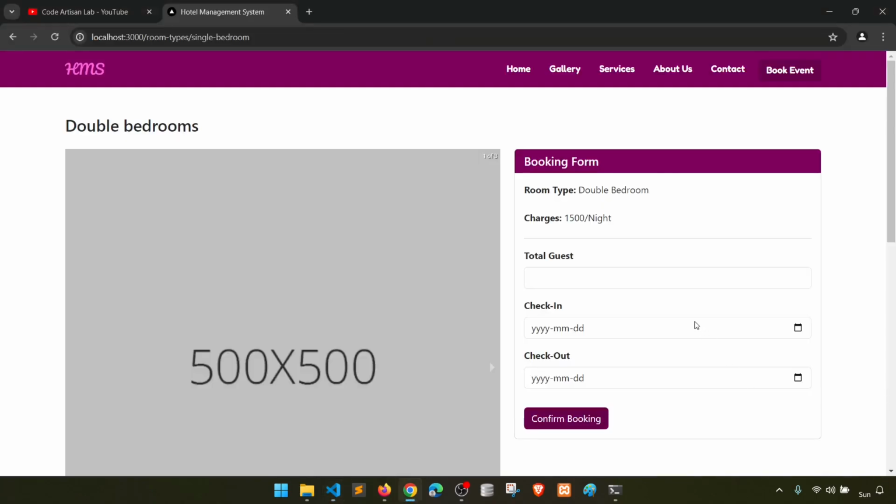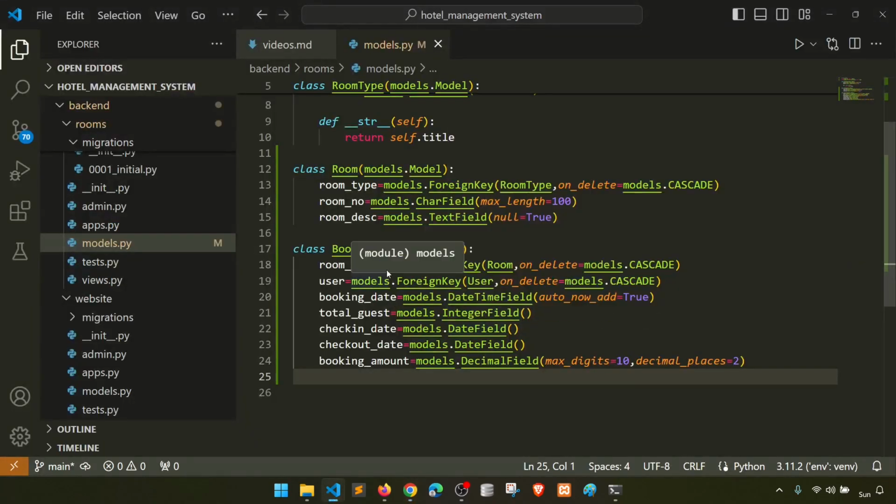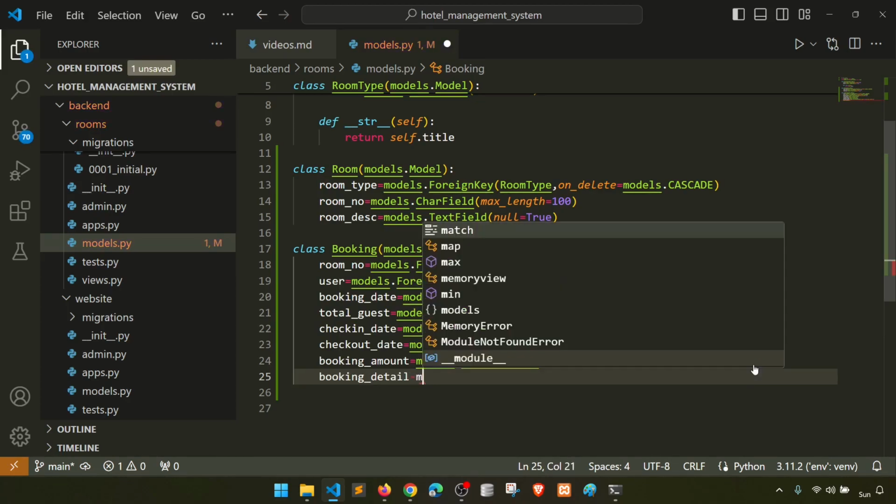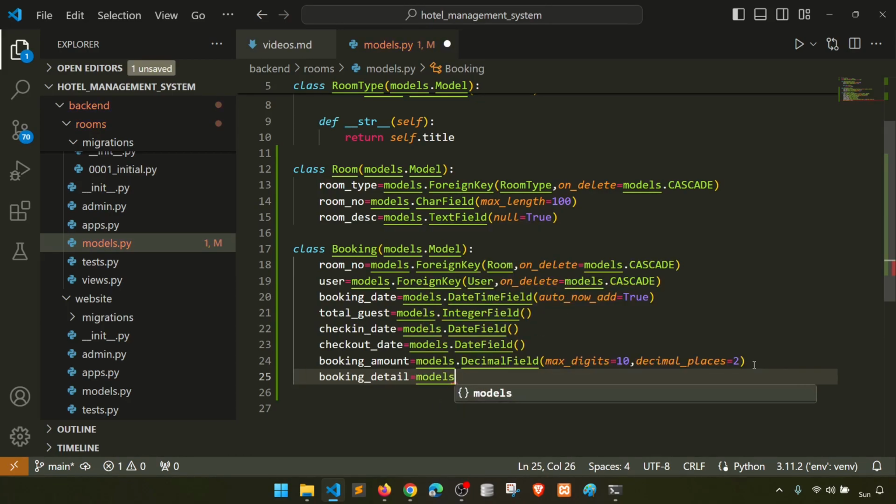So check-out, check-in, who is booking, which room is being booked, and total guests, check-in, checkout date, total amount, right? Booking amount means total booking amount. And one more thing, booking detail. So here we will save all the booking detail in JSON format, so I will say JSONField,